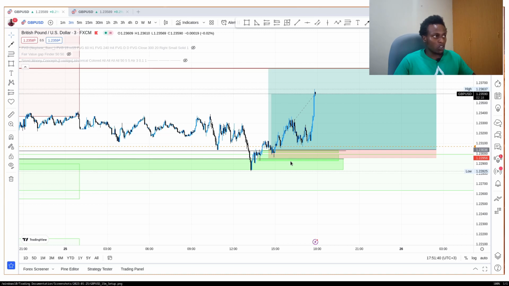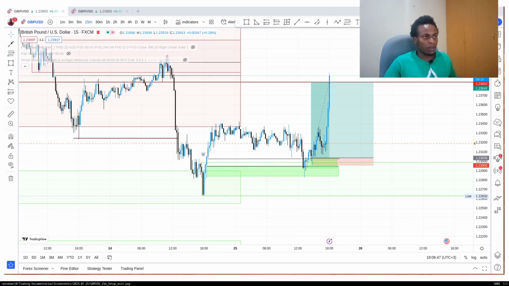This is the same trade on the 15-minute time frame. As you can see, my entry is over here, the same entry from the 1 minute time frame at 1.23063, and after price broke structure over here, it just shot up, straight up, which is what I was hoping for. And after some hours, price eventually tapped into my take profit, taking me out of the market at this point,